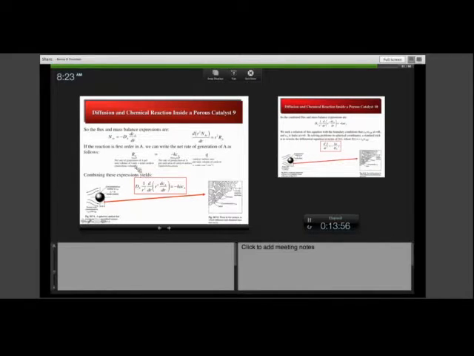A is being consumed, and I'll assume, just for the sake of clarity, that it's being consumed by a first order chemical reaction. And so the reaction rate of A on the catalyst surface is given by a reaction rate constant k times the concentration of A